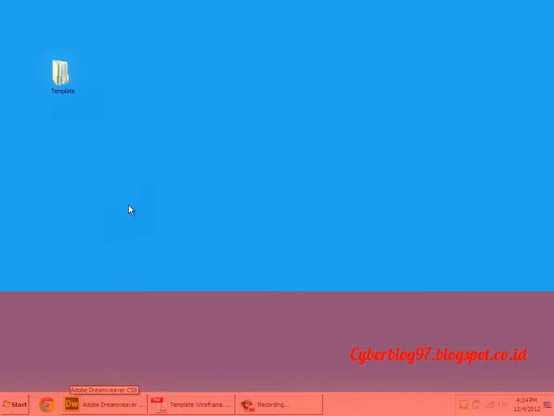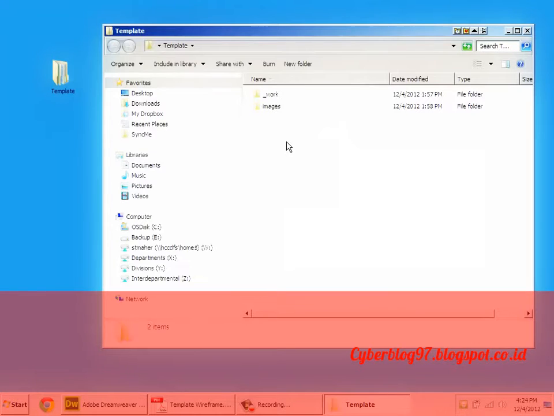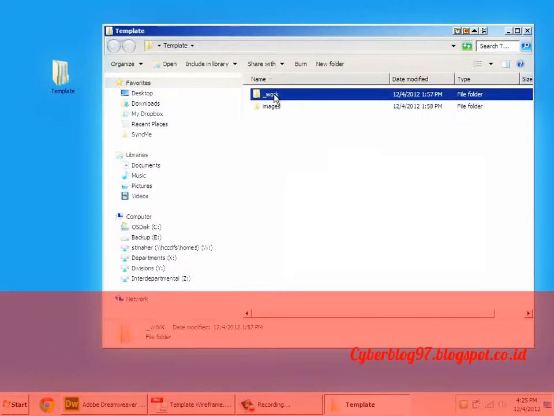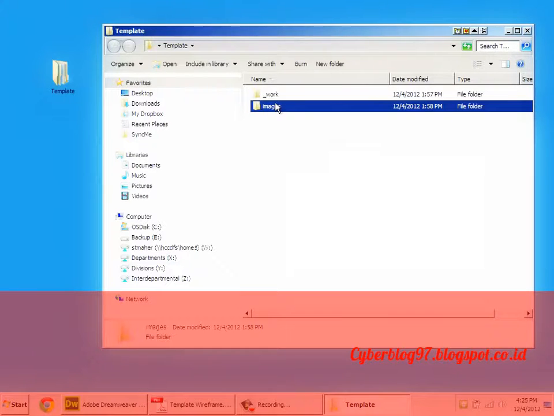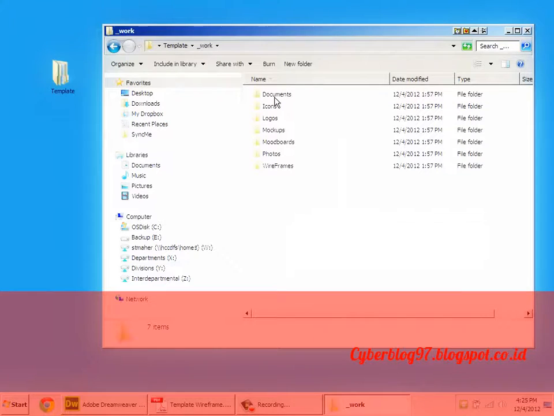First, I need a folder that's going to hold my site. I've got one already on the desktop. You can see that I've included an images folder and a work folder. All of the GIFs and JPEGs and PNGs that I need for my site are going to go in my images folder. The work folder will hold everything the client gives me and anything I need that goes to create